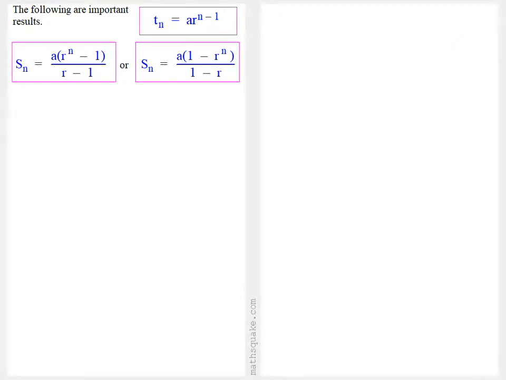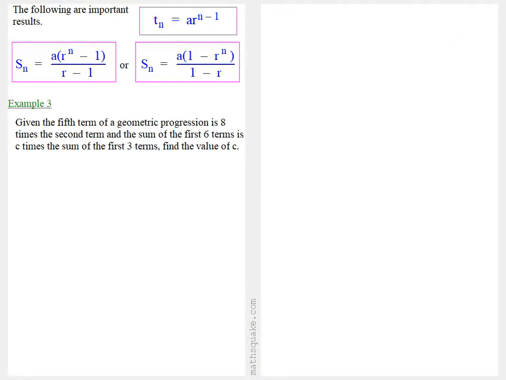Now again, we can use the 3 results. In example 3, we're given the fifth term of a geometric progression is 8 times the second term, and the sum of the first 6 terms is c times the sum of the first 3 terms. Find the value of c. Well, to solve this, we've got T5 is equal to 8 times T2. So AR to the power 4 is equal to 8 times AR. Now the A's and an R cancel, so we're left with R cubed is equal to 8, so R is